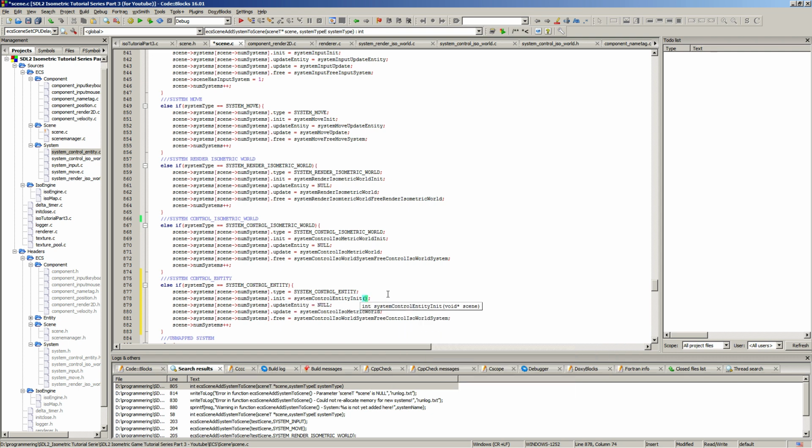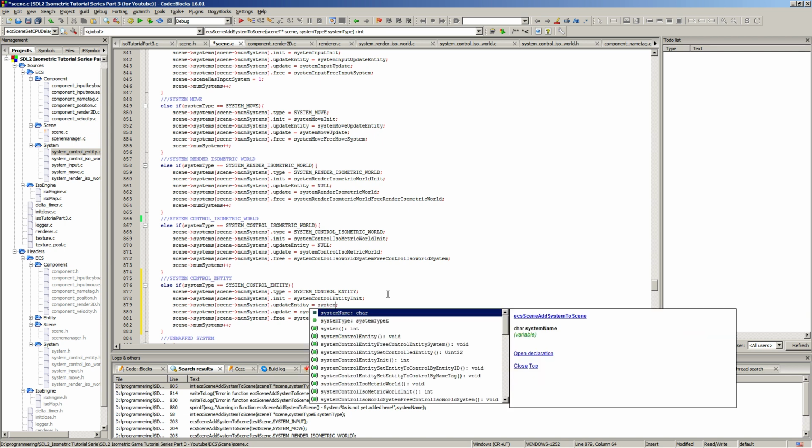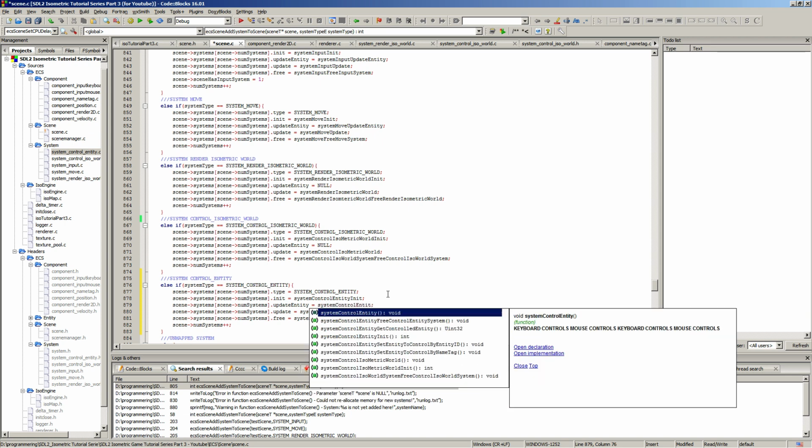Control entity init, the function we want to have, and update entity be the system control entity